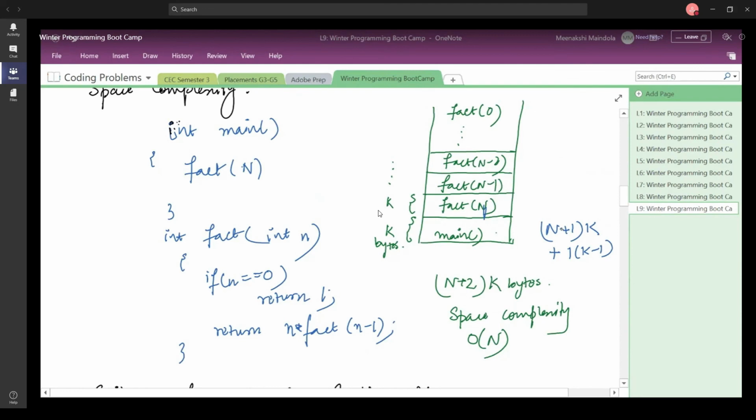So in that case also you are going to have the space complexity of order of n, because we are going to remove the constants. Even if this expression results in something, we are going to remove all the constants and it is going to come out to be order of n only. Okay, so that was the answer to your question.